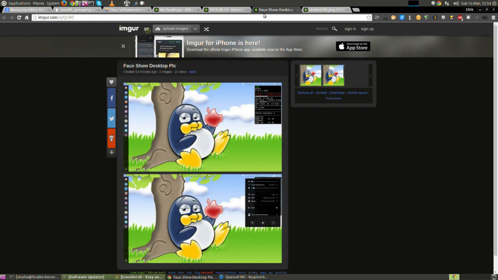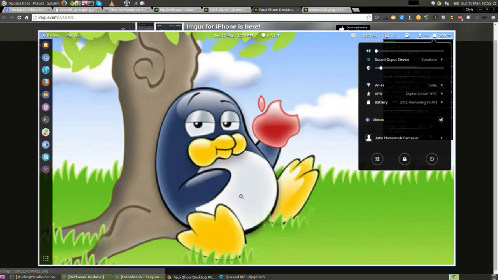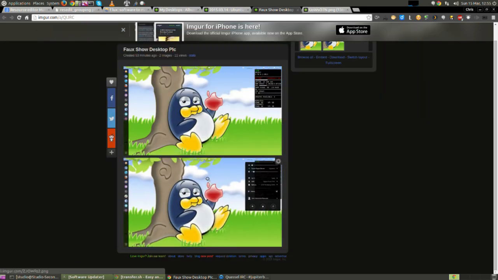All right. So I don't know if you can catch who these came from while I tell you about them, but check out this one here. This is a great one. It's a very adorable Tux eating an apple, sitting under the apple tree, and it's an Arch box running a recent 3.18 kernel. And it looks like it is a little GNOME 3 action going on there with a dash to dock on the side and the Numix icon theme, which is gorgeous. And GNOME 3, also one of my favorite GNOME 3 extensions where it lets you choose your sound output device right there in the menu. Very nice there. Also, you should check out the Wi-Fi refresh extension. Also quite nice.